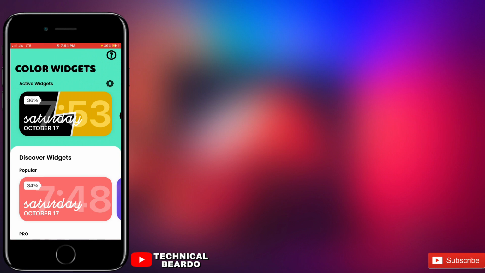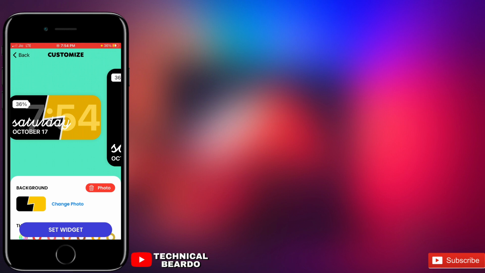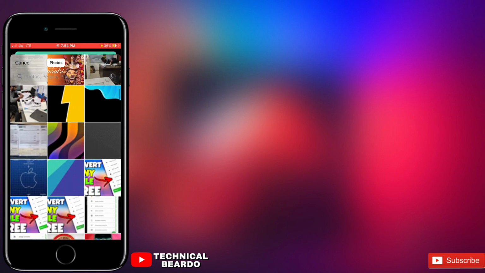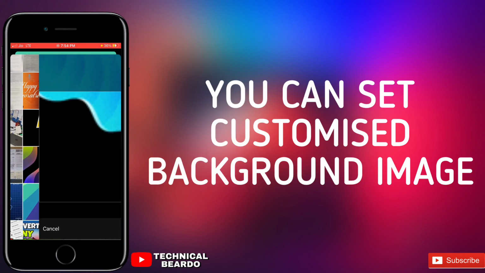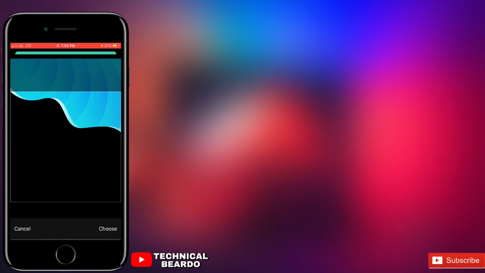So just tap on edit mode, just open the widget, and here you will enter into an edit option. And if you see here, the UI is changed. Okay, the background image option is brought on top. So here just tap on change photo, and scroll down and you can choose the image. Just choose this, and this is a new update. Earlier you could not change the photo or adjust the image for your background, but now you can adjust the image, you can change the image, or you can choose any part as your background.